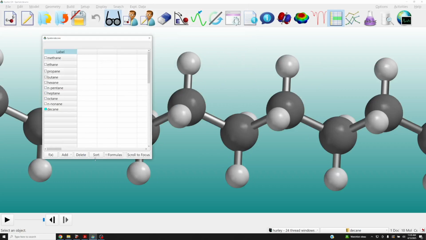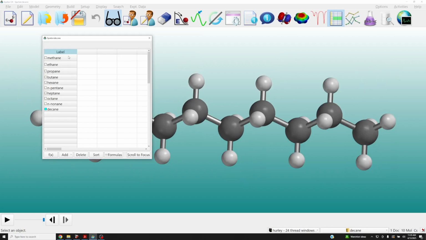All right, so those will be dropped down into this list. Okay, so now I built up a list of essentially methane through decane. And I'll point to one additional piece. We have the ability to essentially add any format or file type. I have an additional file that's a .spartan file. It could have been an SDF file or some other format, but it happens to be a bunch of different